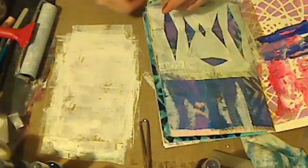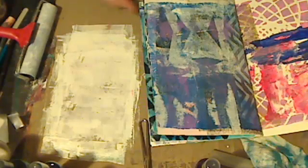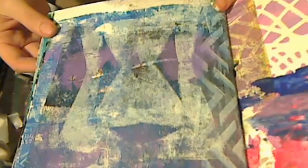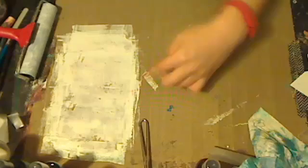Alright. Ooh! So a little ghost print, little ghost print here. I see a face. It's like weird eyes, a nose, and a mouth. Anyway, we could go on. But as you can see, this paint, I think it might have dried a little bit too much. But...